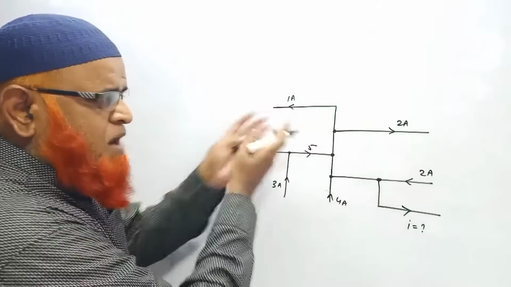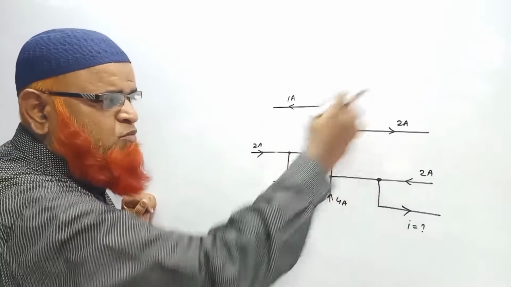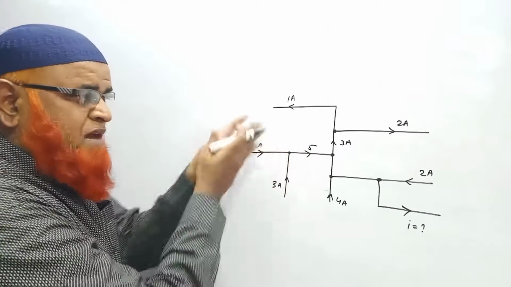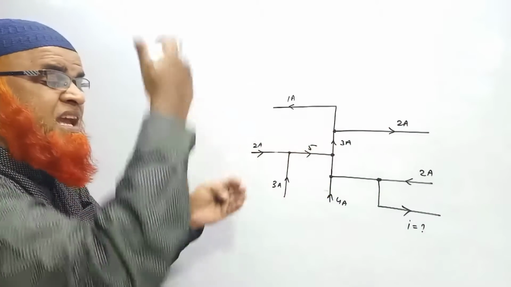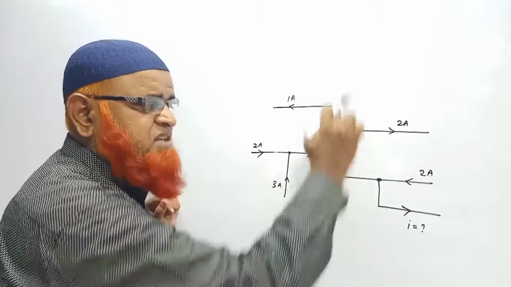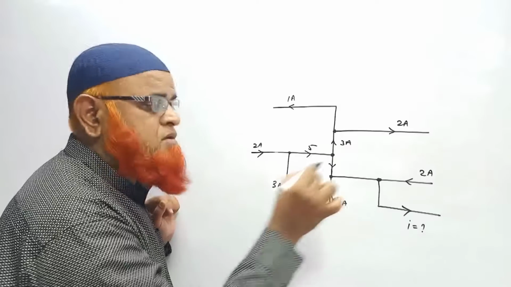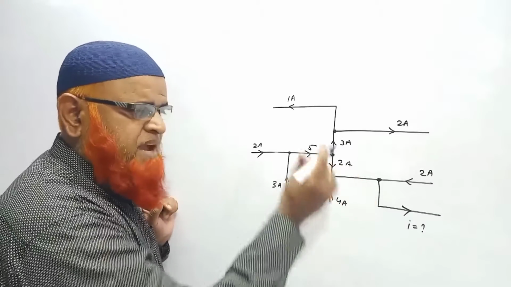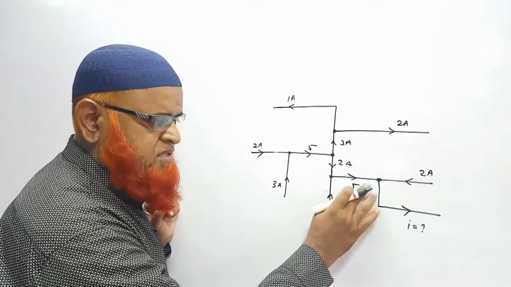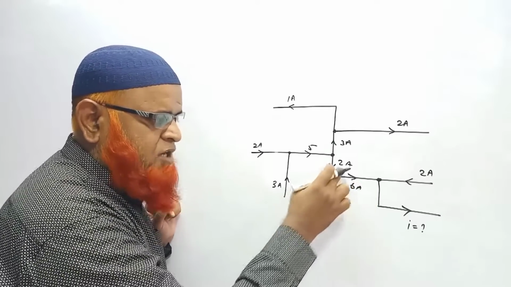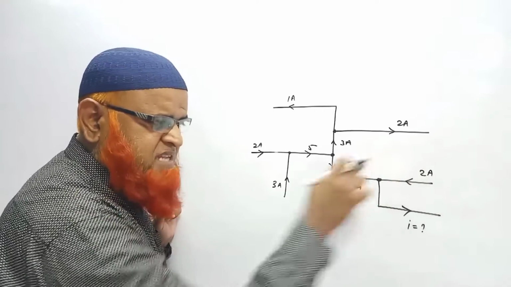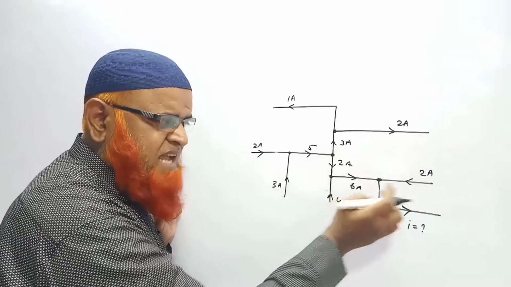Then let us see here. 1 and 2 are moving away, isn't it? 1 and 2 are moving away means if they join together, previously there were 3 amperes here. So 5. Out of 5, 3 is going up, so what should go down? 2. And 2 and 4 combine together, they will become 6 amperes. Here, from this junction, 2 is coming inside, 6 is also going towards. So 6 and 2 combined together.